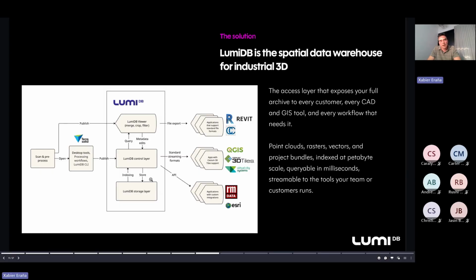But as you can see, LumiDB is connected to the entire workflow, from the scanning and pre-processing all the way to the export of data through an API, or the streaming that we provide to different software that you can see on your screens. All of that within seconds, without having to wait valuable time any longer.